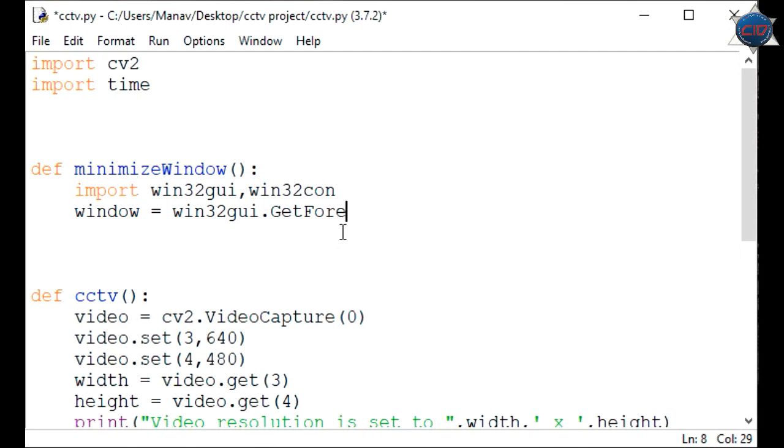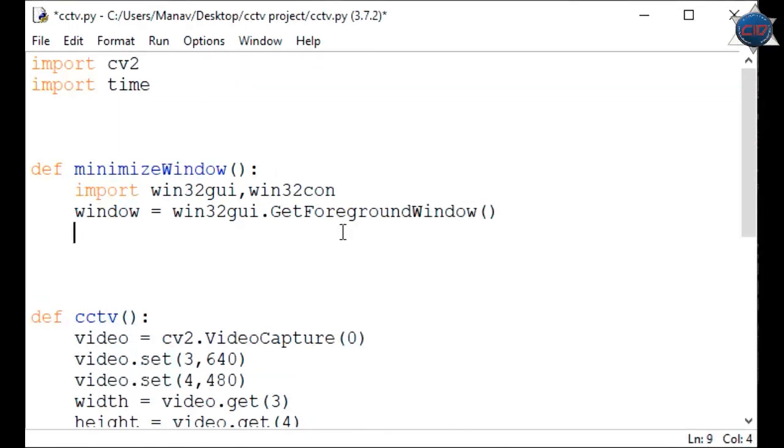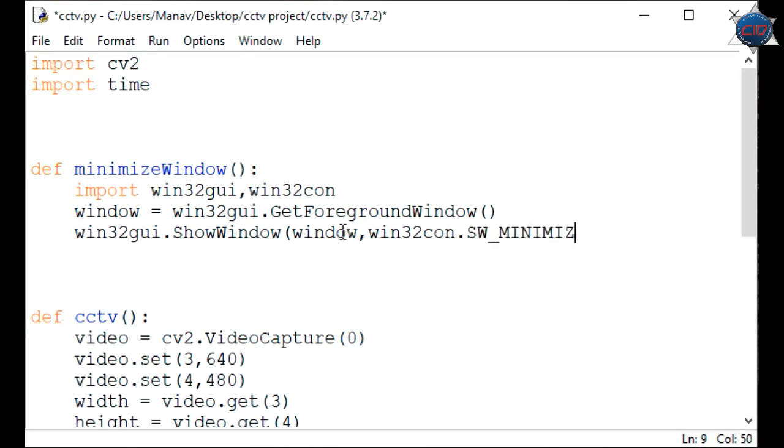That method is called here, so it will get the foreground window, and now I'm calling win32gui.ShowWindow, and under this I'll pass the window and also win32con.SW_MINIMIZE.